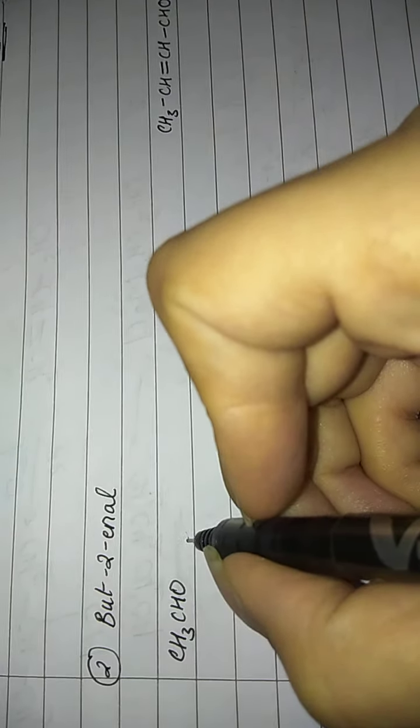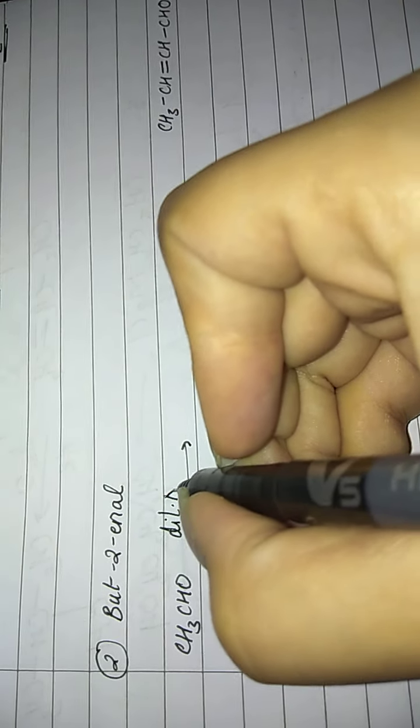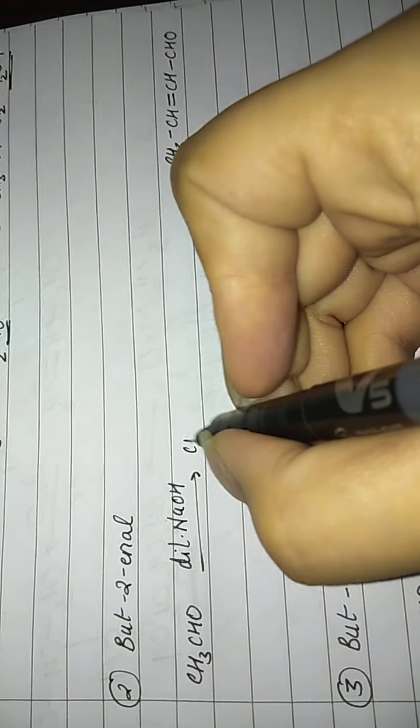Now my next compound is but-2-enol. I have to convert ethanol to but-2-enol. This we have already done a number of times. Again, I carry out the aldol condensation, the first step of aldol condensation of ethanol, giving me